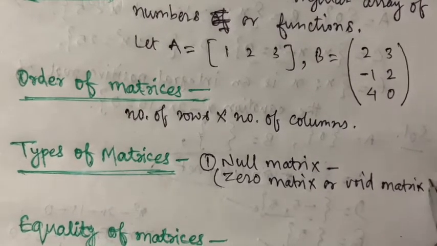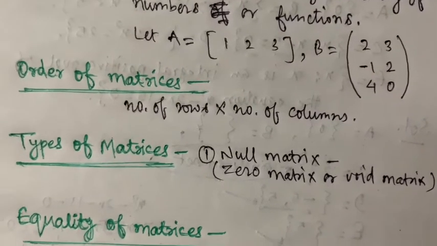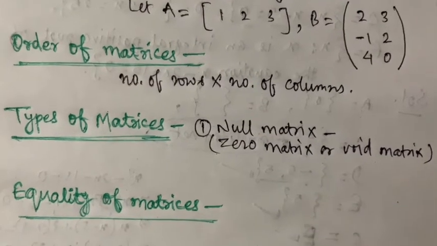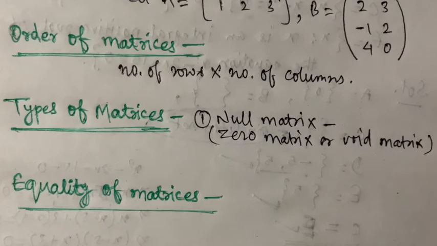Then we had row matrix, column matrix, square matrix, diagonal matrix, and we had unit matrix. Unit matrix was the identity for the product of two compatible matrices, because we cannot add any two matrices, or we cannot multiply any two matrices. So I am using time and again the word compatible, because not every matrix can be added or multiplied.